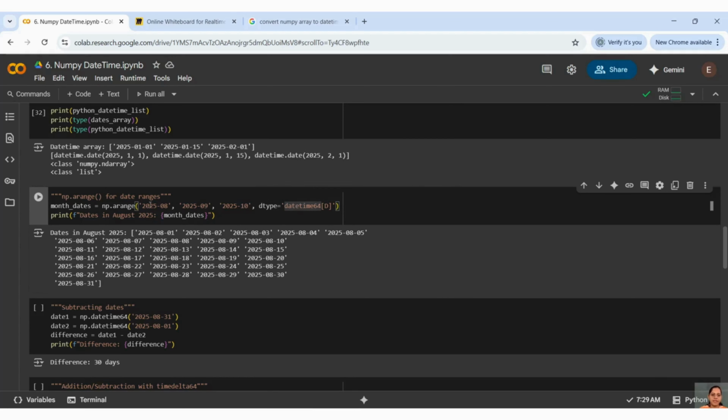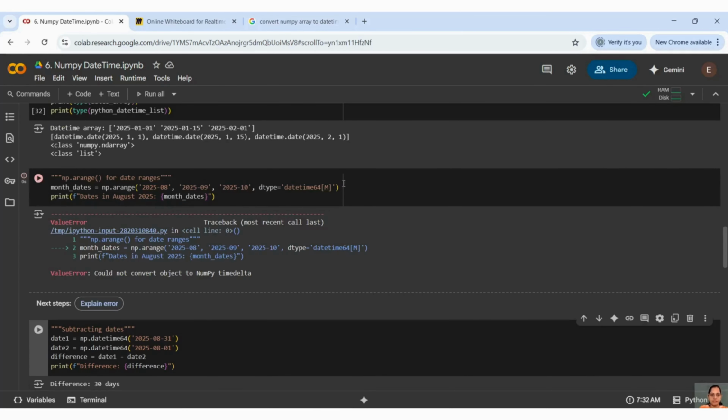I have taken some months here. You can see this is August, this is September, this is October, right? And I want the datetime of those months. So how to do that again? I have to take dtype like this. That means I want the dates only of those months. If I want, I'll do it like this. That means by default, it has to take